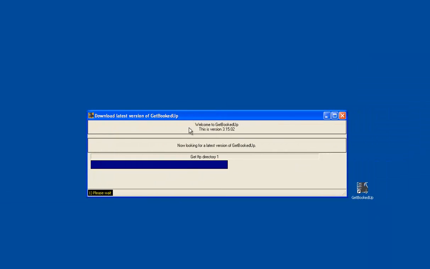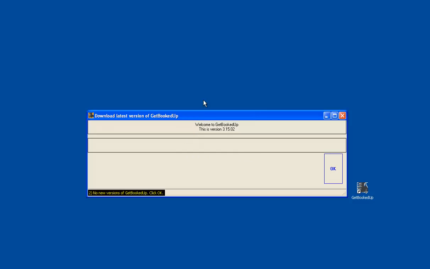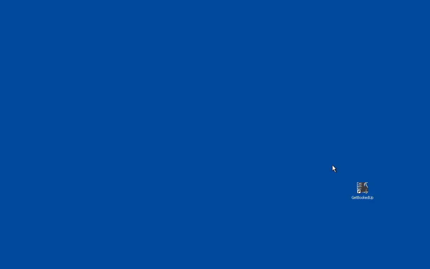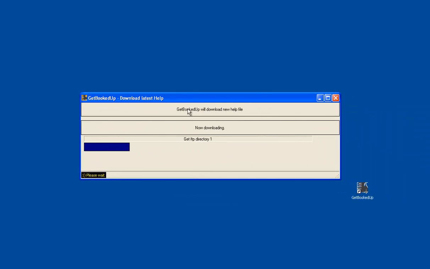It'll run through several of these screens here, and then it'll come up with no new versions of Get Booked Up. Click OK. So that's just made sure everything is up to date. It's now going to download the latest help files into the back end of the software,